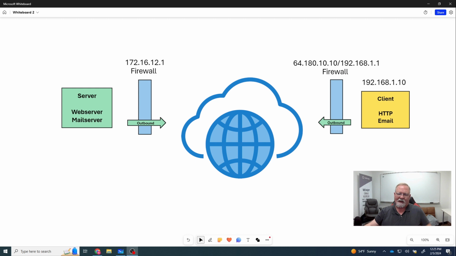Now, on the other side of this page here, we have a server. This is your web server, email server, FTP server, or whatever services you use. The principle is the same. Essentially, it's a server behind its own firewall. Once again, from the server, outbound traffic is generally not blocked. It's allowed free access to leave. Inbound traffic, on the other hand,